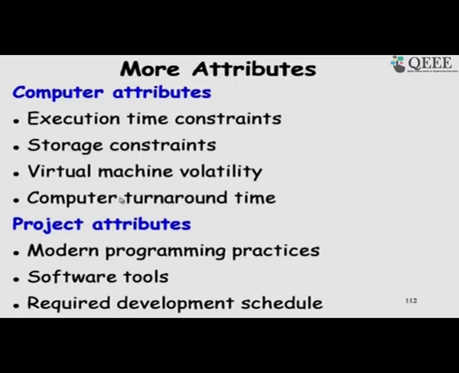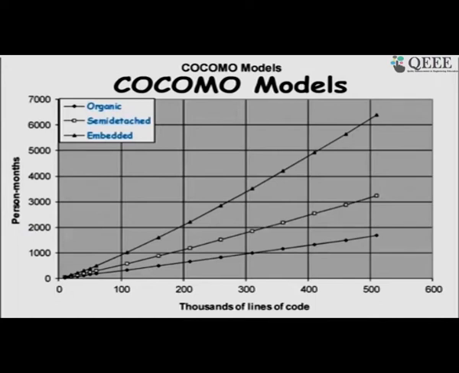So, this was a crucial factor those days, the turnaround time, but now of course, it is becoming irrelevant, everybody has their own computer. Then project attributes: what are the programming practices, that means what process model is being used, software tools, required development schedule. Is the schedule aggressively set or is it set relaxed? So, those are the parameters based on which again we rate it,